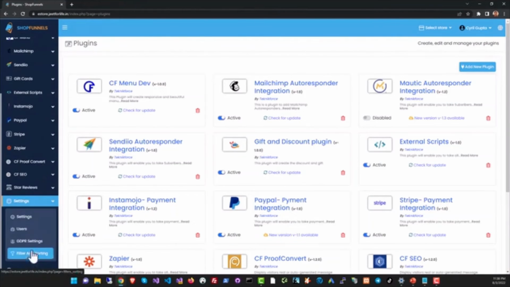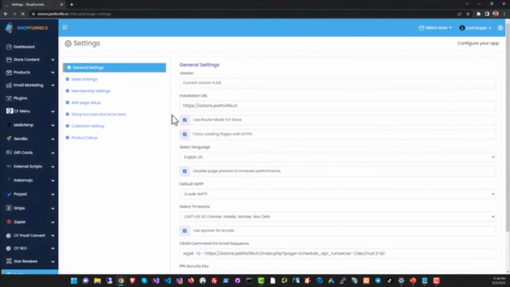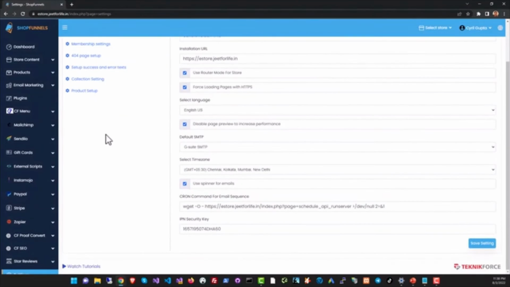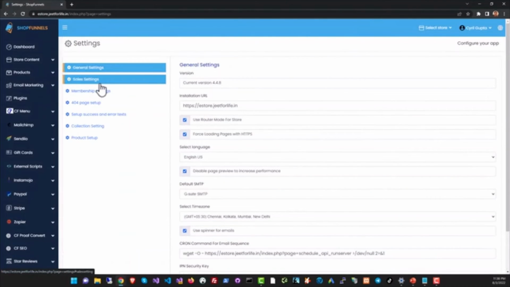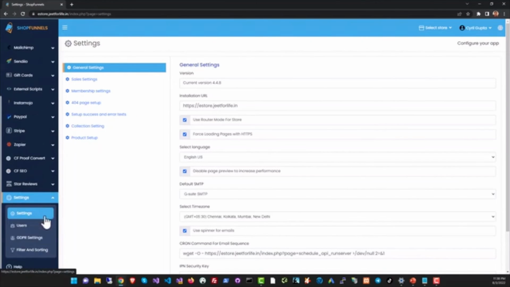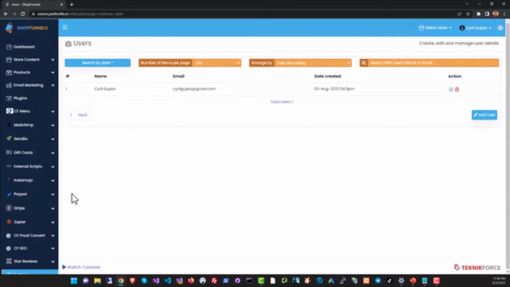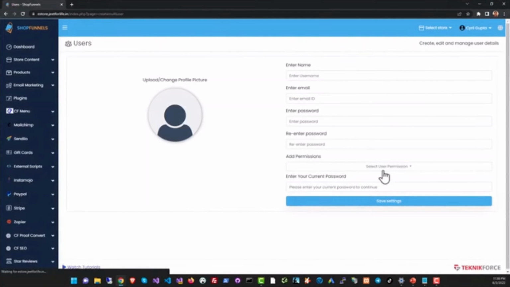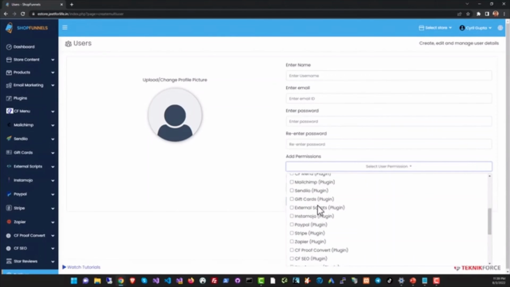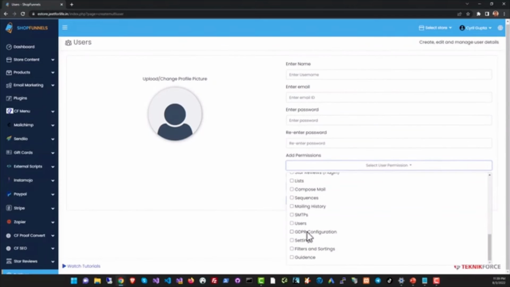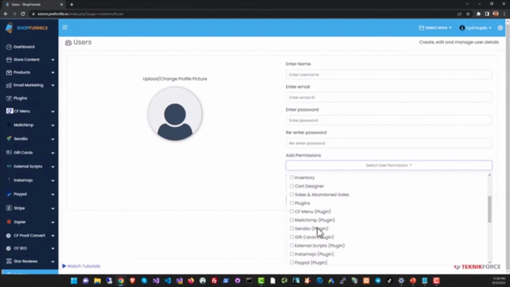Finally, in the settings section, you can set up your store settings. You can modify how the store behaves, like you can check out the sales, you can set up a 404, you can set up collections and product setup, and you can also set up access for multiple users. If you got a team and you want to allow team members to access your store, you can set up the team member details and you can set up exactly what permissions they have, so they will be able to